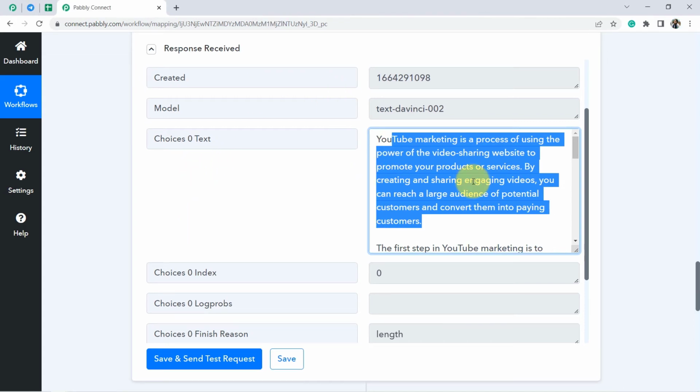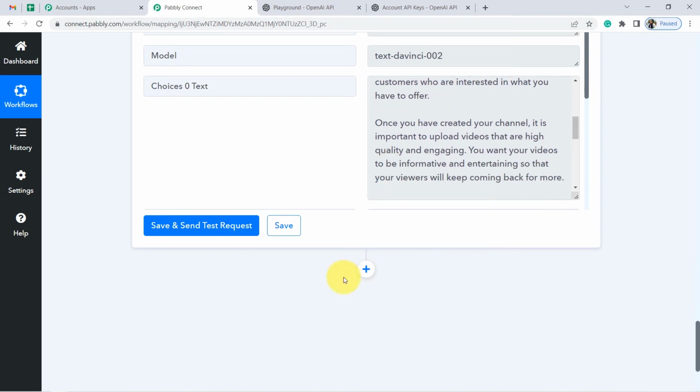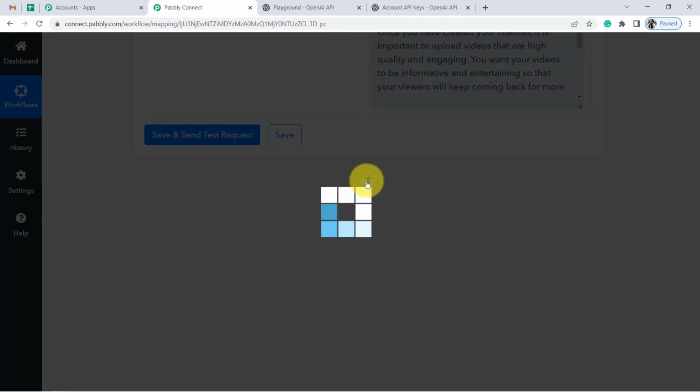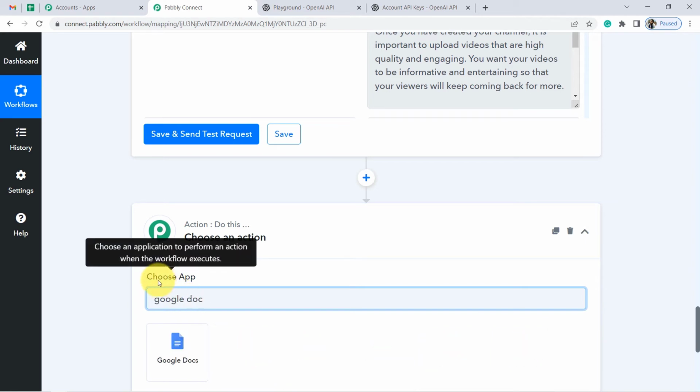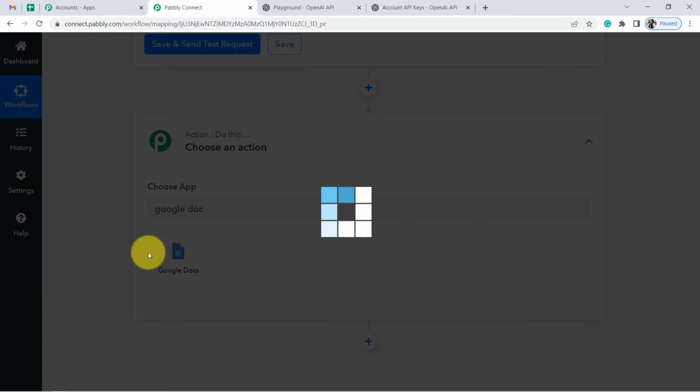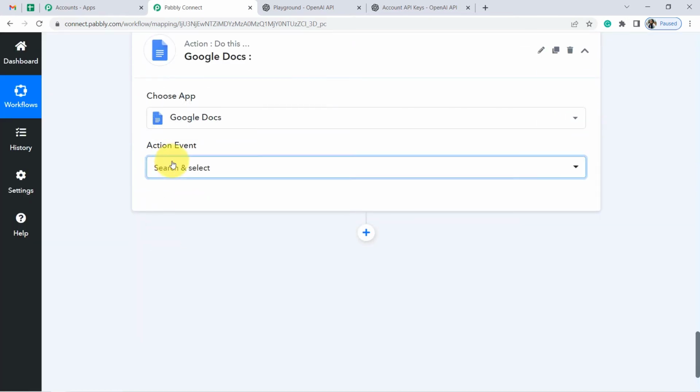Now finally, I'm going to share this content with my team on Telegram. But first, I will draft this content in the Google Docs application, and I will then share the link of that Google Docs with my team on Telegram. So here I will have to click on this plus icon, and here I am going to choose Google Docs because I want to first create a document here,